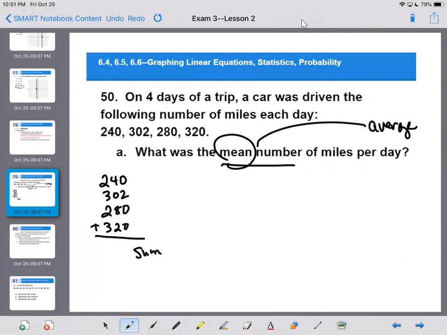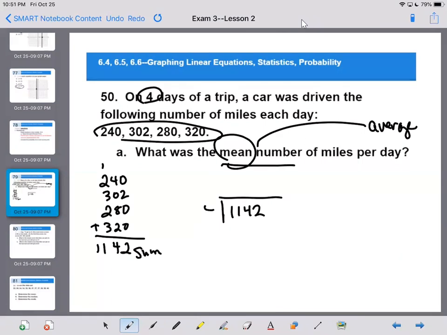So in this case, we're just going to add all these up. 10, 14, so 2, 4, 5, 6, 7, 8, 9, 10, 11. So we've got 1,142. And how many numbers did we have? We had 4 days, right? So 4 numbers. So we're just going to divide by 4 to figure out what the mean number of miles